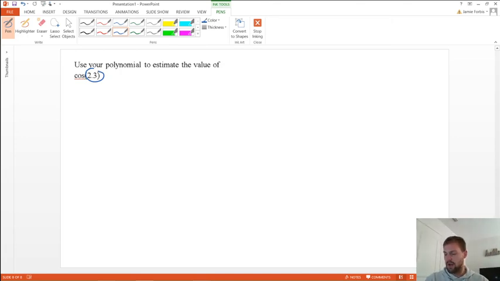Now, the center's at 2π over 3, which is like 6 point something divided by 3, so the center is around 2.3 itself. So using the fifth order should be a really, really accurate estimation of what cosine of 2.3 actually is. So if I want to do that, for the fifth order, I'm doing cosine of 2.3 is equal to,